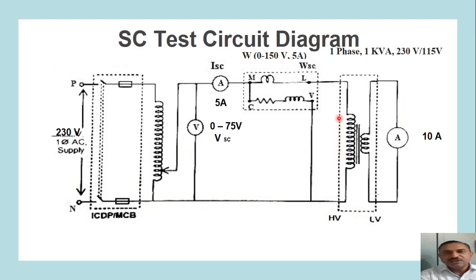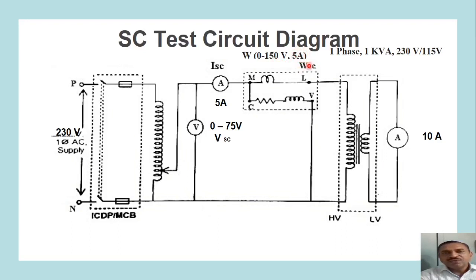So if the HV side current is 4.6 ampere, then we can use an ammeter of 5 ampere range, a voltmeter of 0 to 75 volt,